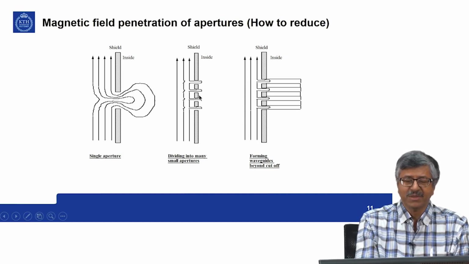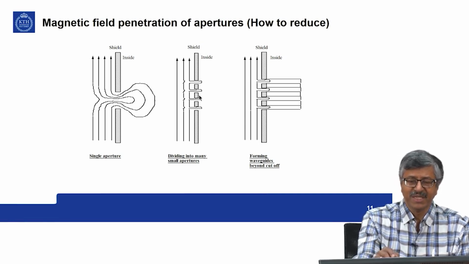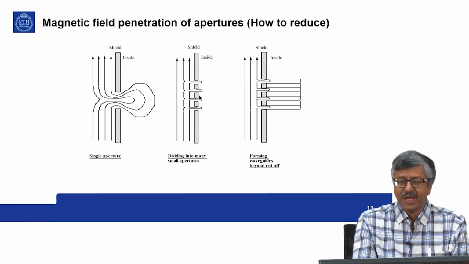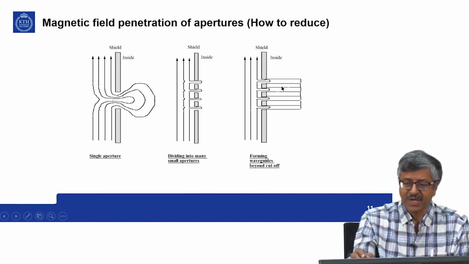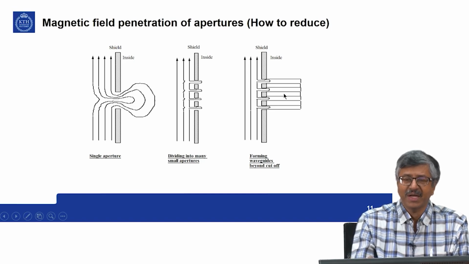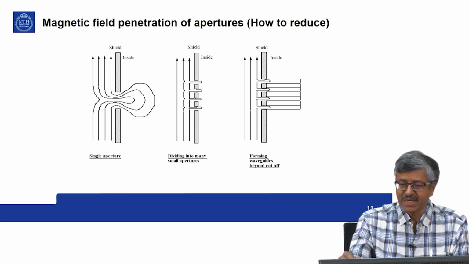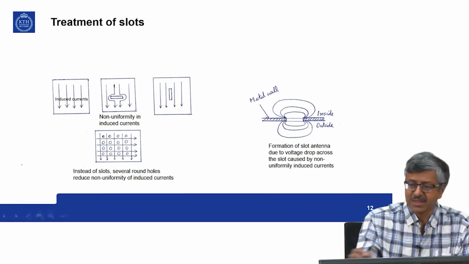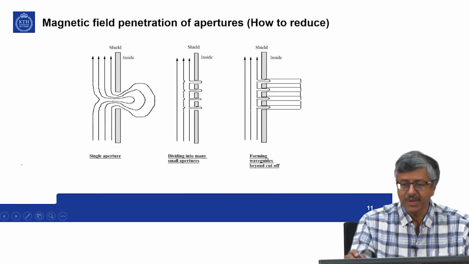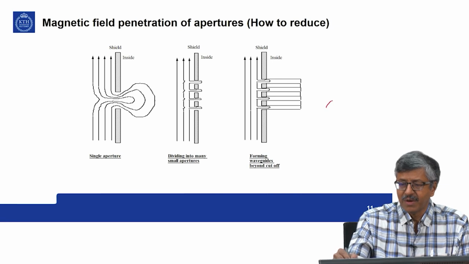So, there are many small apertures, then the field penetration is much less, and often you can form waveguides beyond cutoff. So, this we will see later while talking of shielding, but waveguides are this type of honeycomb structures,